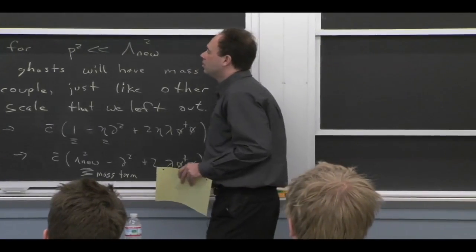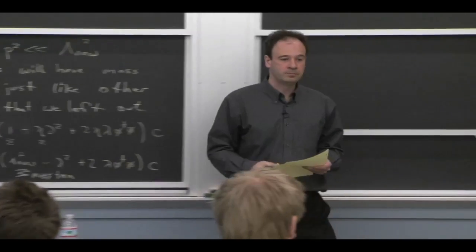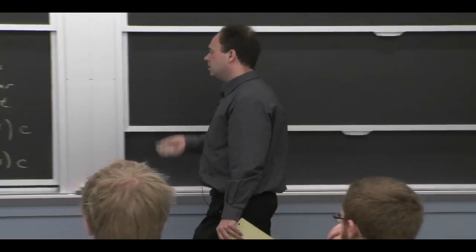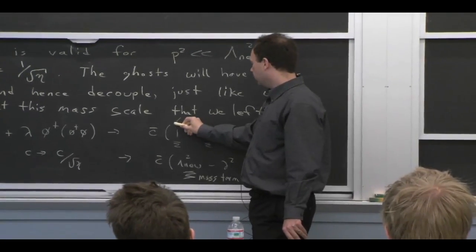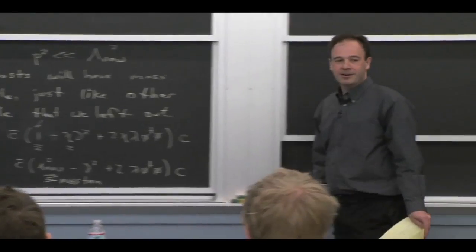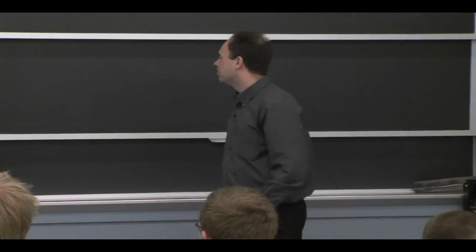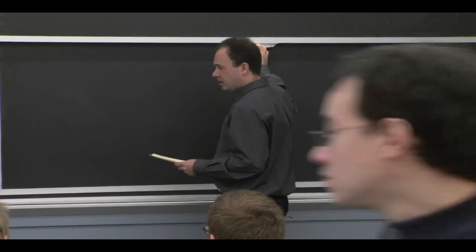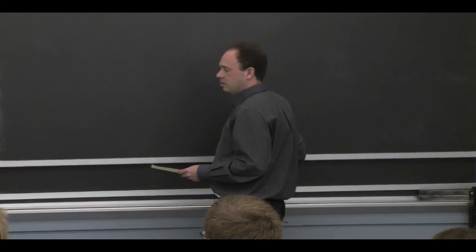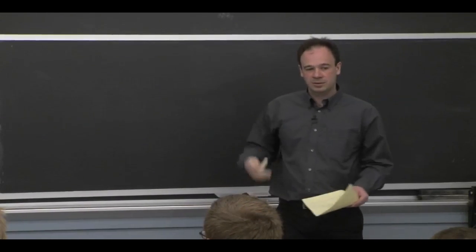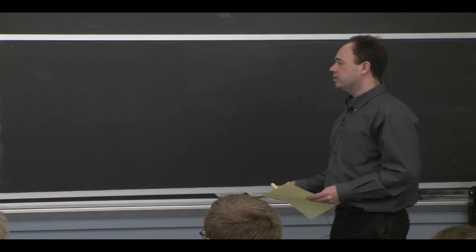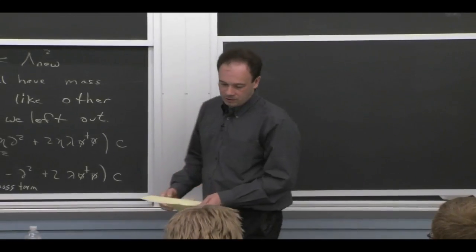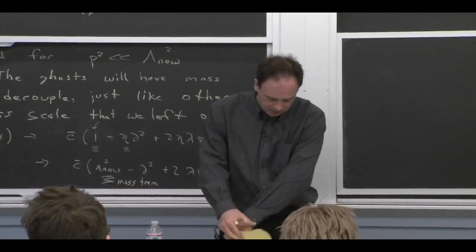Okay? And that's just what I was claiming. So the important point here was that you did need this 1. This 1 was playing a very important role in this argument. If the 1 wasn't there, this wouldn't work. And that 1 was related to something that was part of one of our starting assumptions, that when we made the field redefinition, the one-particle states would stay the same. So if you look back at what our field redefinition was,